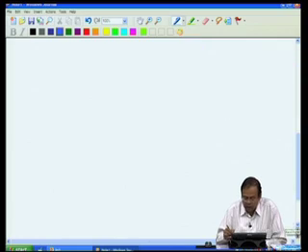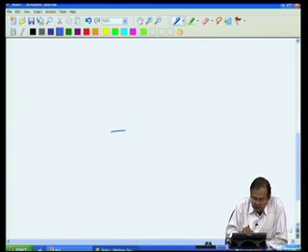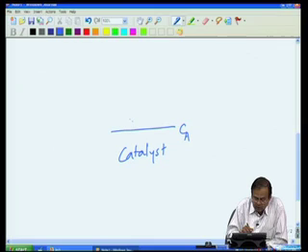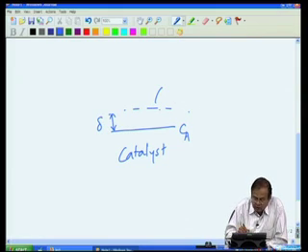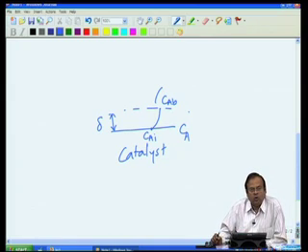So, let us now enlarge this and say that this is my surface, this is my catalyst, and this is my boundary layer, one edge of the boundary layer having thickness delta. The concentration at this point is CAB, and at this point it is CAI, okay. And there is a drop in concentration from the outer edge to the boundary. Now, if I neglect,